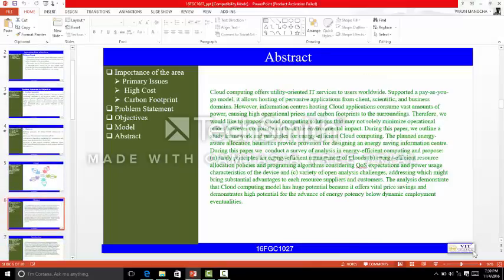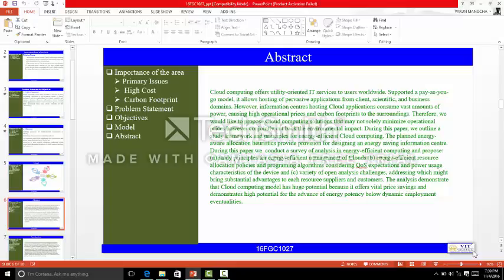So now let's see the abstract of the review paper. The abstract goes like this: cloud computing offers utility-oriented IT services to users worldwide, supported by a pay-as-you-go model. It allows hosting of pervasive applications from client, scientific, and business domains. However, information centers hosting cloud computing consume vast amounts of power, causing high operational prices and carbon footprints to the surroundings. So we propose